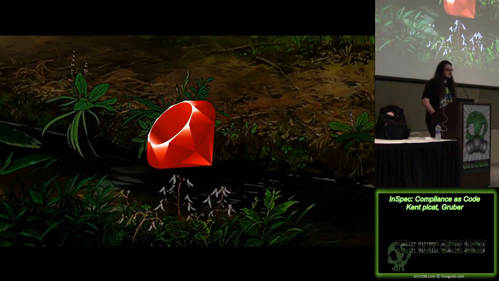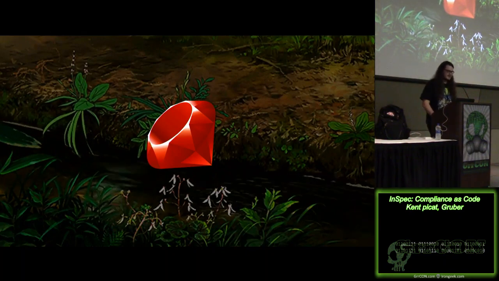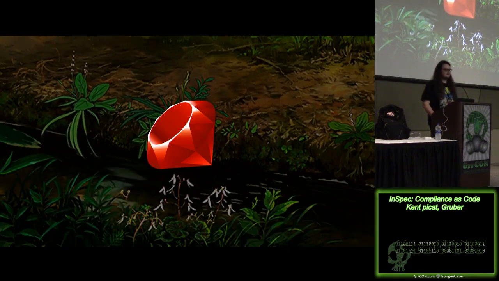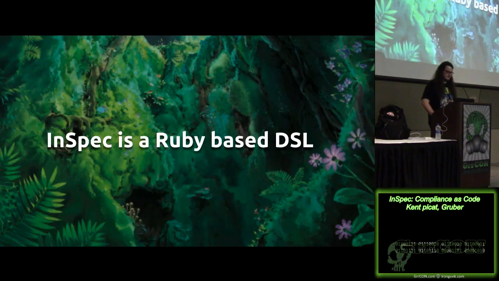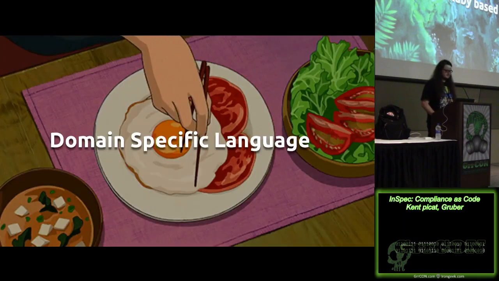I'm a Ruby fan, and you do not need to be a Ruby aficionado in any way to learn InSpec. Its main goal, in fact, is to be very easy for non-coders to use. And I hope you'll see what I mean by that. So InSpec is a Ruby-based DSL, a domain-specific language, in order to describe these policy and compliance requirements that you and your organization may have to follow based on whatever standards, or the ones that you're setting up for your